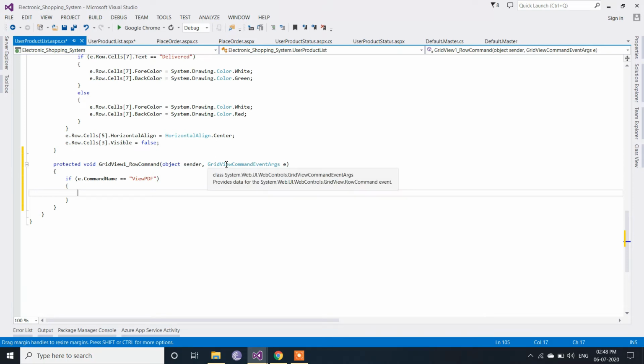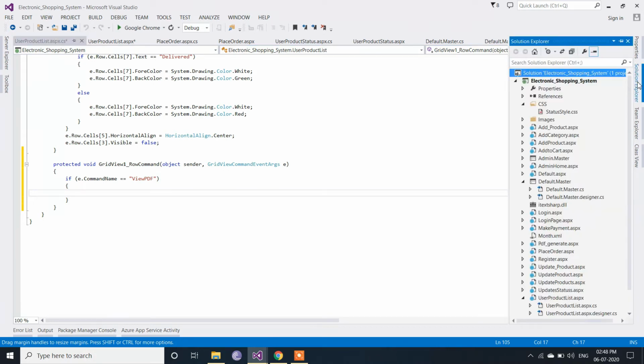Because in the PDF generate page we have taken the session of order ID, which is created while purchasing that order and redirecting to the PDF generate page to download the invoice. At that time the order ID is passed in the session. So let me show it in the PDF generate page.